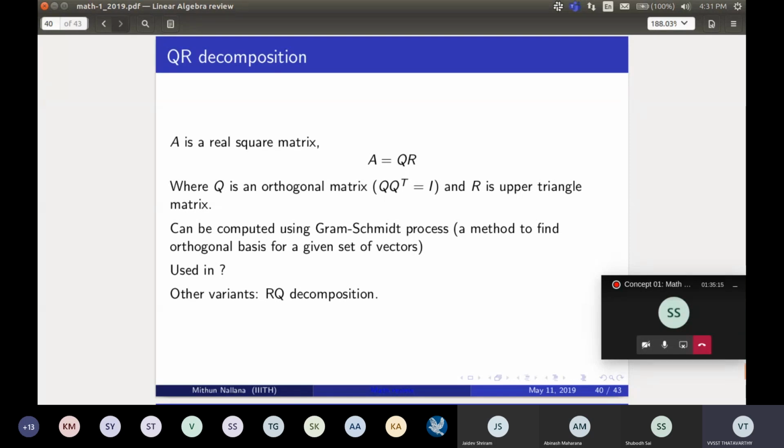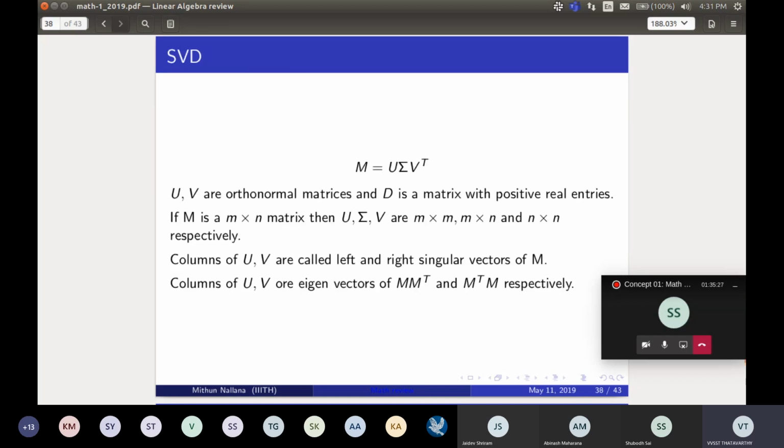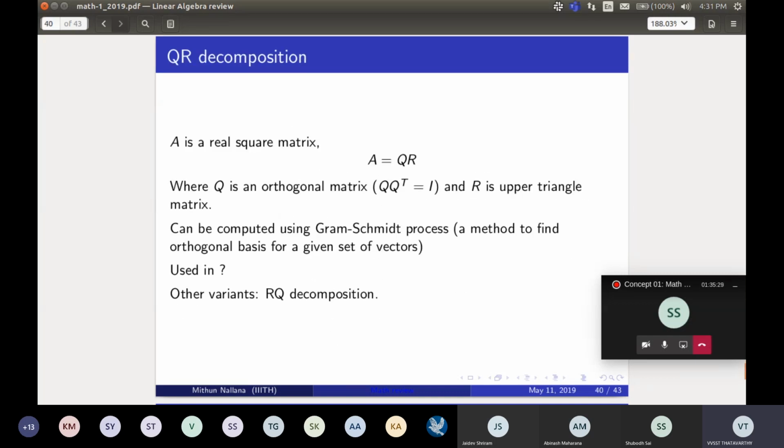So for today, after this session, as a take-home exercise, you can see what is the importance of QR decomposition in solving systems of equations. I've said that systems of equations can be solved using SVD, and they can also be solved using QR decomposition, and there is one more decomposition called Cholesky decomposition. You can search and explore what the differences between these three decompositions are and which of them will be useful for solving a given system of equations. You can do that as a take-home exercise before the next session, and the assignment we will cover in the next session.